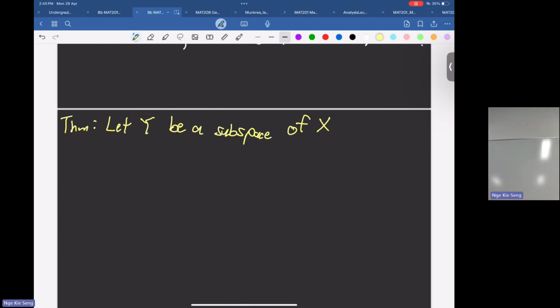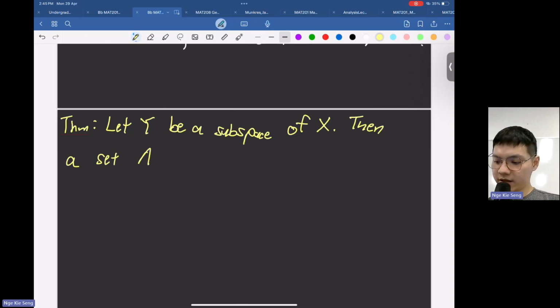This just means that I have a subspace topology from X. How do we declare a set in Y open? If I can write it as an intersection of Y and an open set in X. Remember the example we had on half open [0,1) just now. So if we inherit this subspace topology from X, then